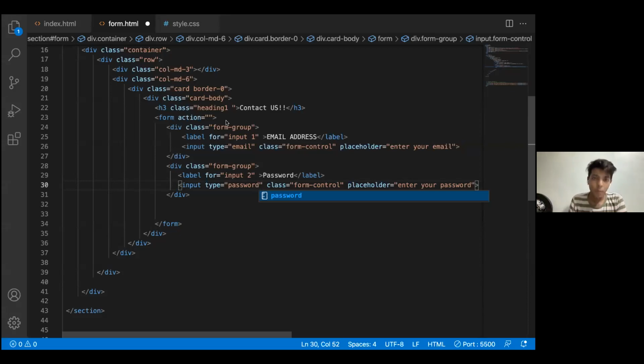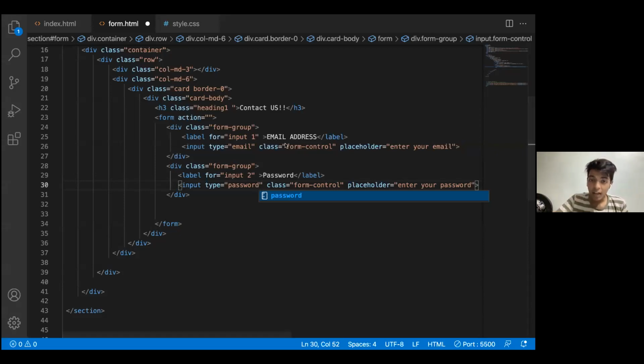Same goes with a form. A form has certain parameters and certain inputs, and I'm giving them by a part of form group so that I can have the things that we had, like there was a nav bar and there were nav items in that nav bar. Same goes with a form. A form has form groups.